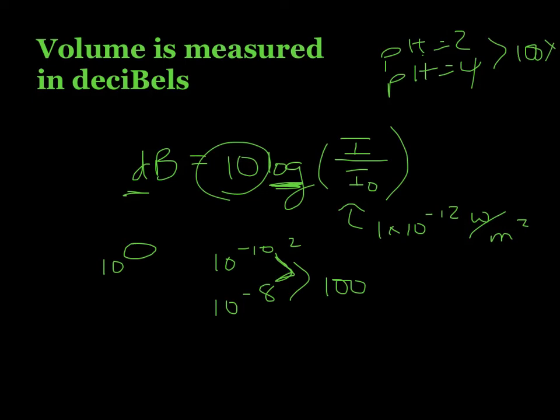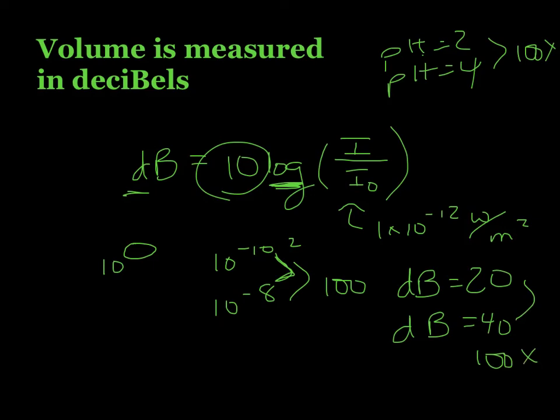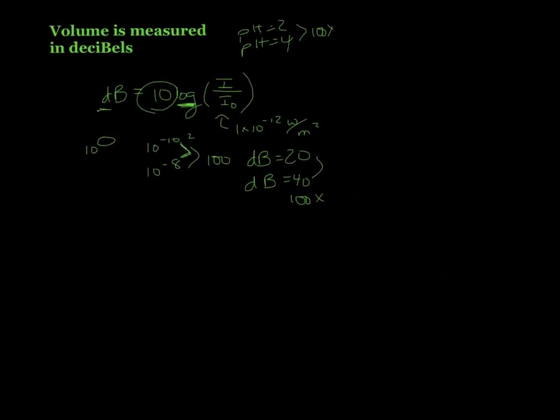So when we go from a decibel reading of 20 to a decibel reading of 40, that means it's 100 times louder. You have 100 times as much power. If you go from, let's say instead of going from 20 to 40, let's say we went from 20 to 60. Okay, here's the easy way to do it. Kind of ignore the zeros, because you're going to divide by 10. Remember, in the decibel equation we have 10, so we're going to ignore the zeros. That we basically divided it out. And this is the difference in the exponents.